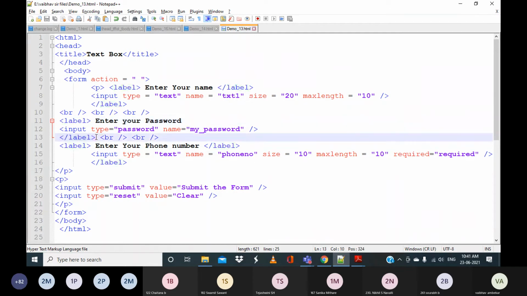This is one way of doing it, or otherwise you can do it in this way as well. Open the label tag, enter the text, whatever information you want to specify for the user, close the label tag, and do not use the BR tag here. If you use the BR tag, the widget, that is the control, text box or select, will come down. So better close this label and then use this input tag. Okay, here I have specified it wrongly, so I will remove it. So there are two ways of doing it.